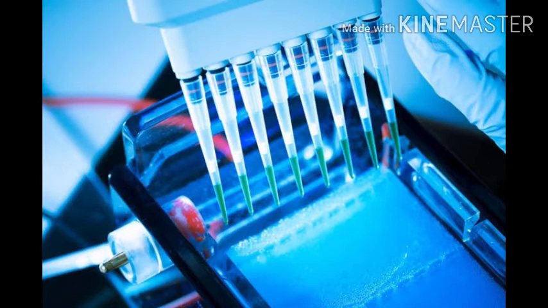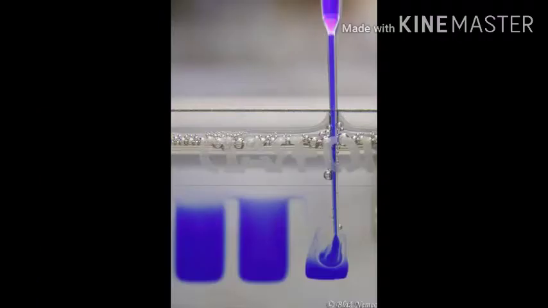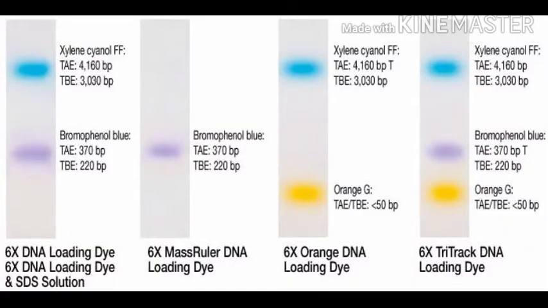Once the loading is taking place, we can see within the well the sample has been loaded. To visualize the sample properly, a type of loading dye is used which has a second property of its own, that it will help in determining that the process is happening properly. Another way is that the material will be colored so it can be visualized easily through the gel. As you can see here, it mimics a certain base pair of DNA. So by simply seeing that, we can also help in identification of the band size.